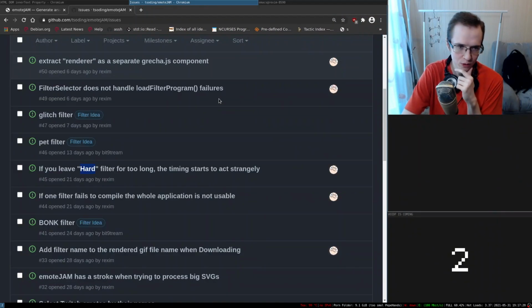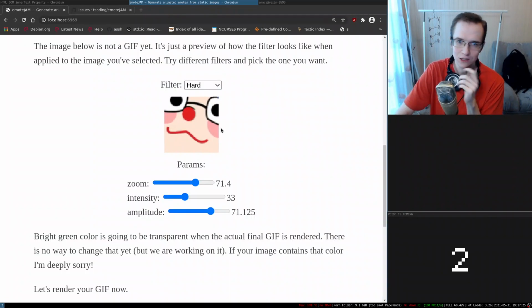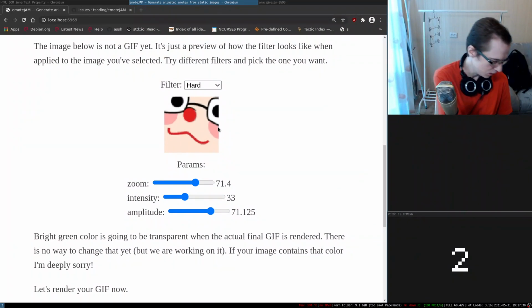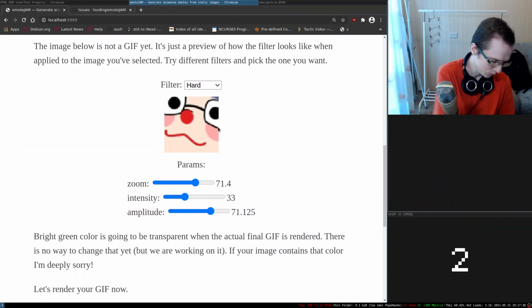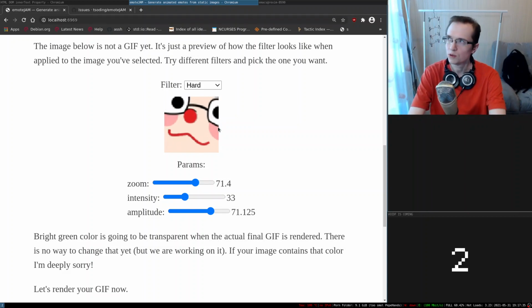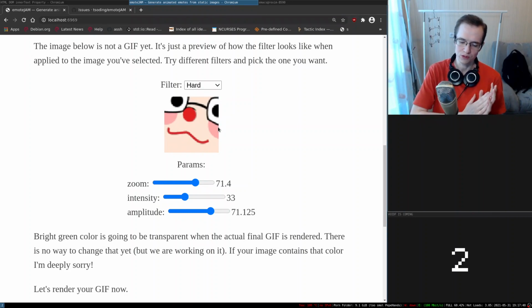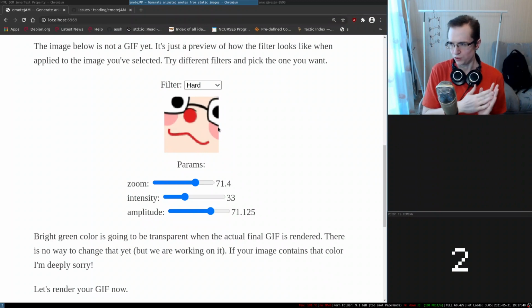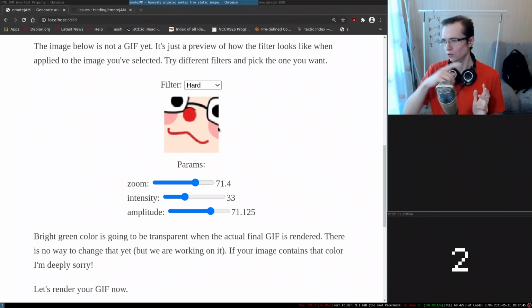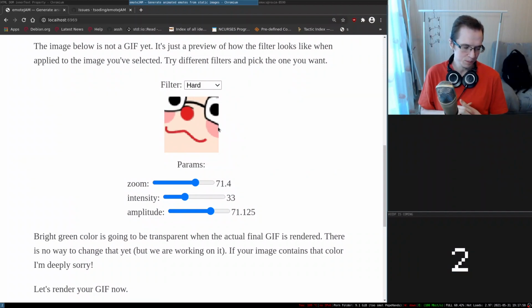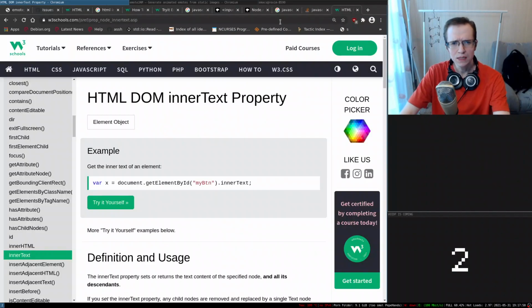Hard. Yeah, so if you leave hard filter for too long, the timing starts to act strangely, right? And here is basically what's going on. It's just leave it for a while and it just goes like that. So one of the things probably would be, instead of having a global timer that goes from 0 to infinity, let it loop around duration, from 0 up until duration, and then back to 0, because that's where it's supposed to loop. Right. Makes sense, I suppose. Anyways,